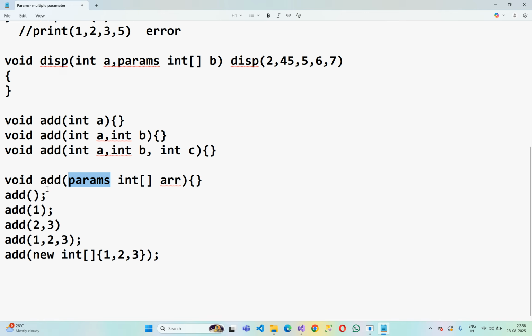We can achieve all the overloaded things in one single method. Then why do we have overloading? Where can we use overloading? In that case, you can use an overloaded method. Suppose we have different types of parameters, then the overloading method is